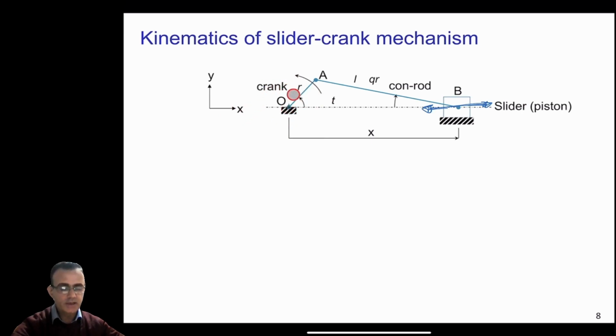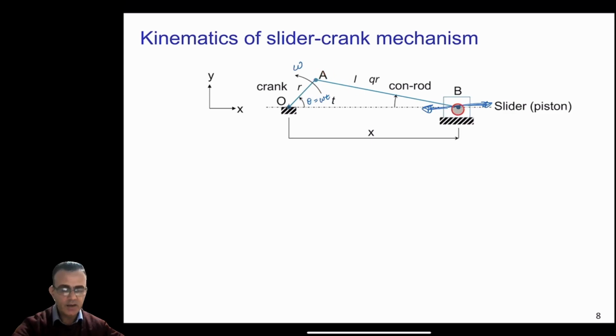As you can see, we are just representing these by some lines here. So this is the center of the crank, which we are representing by O, and we call the crankshaft the crank. So from O to A, this is our crank, and the length of the crank is R here, and this is our omega. The crankshaft is rotating in this direction, and this is our angle theta. If the angular velocity is constant, we can say that theta is omega t.